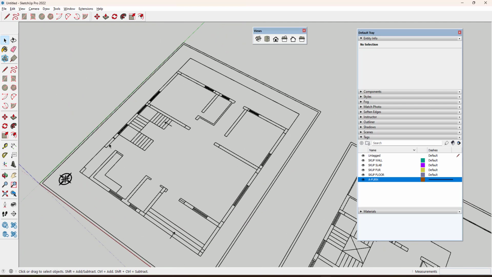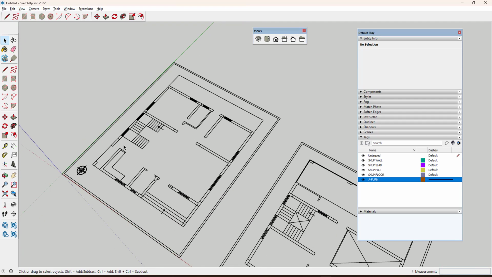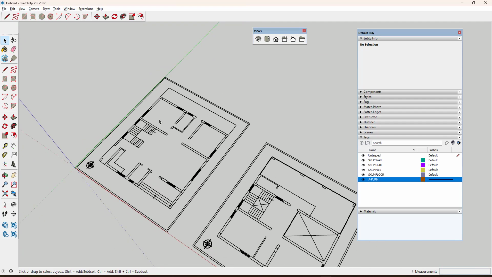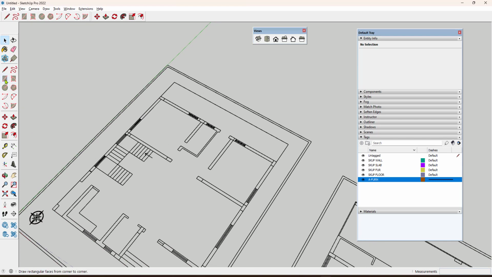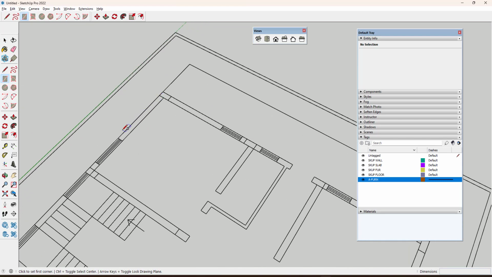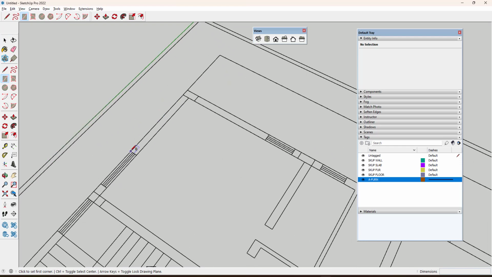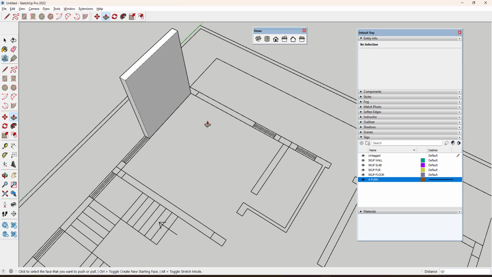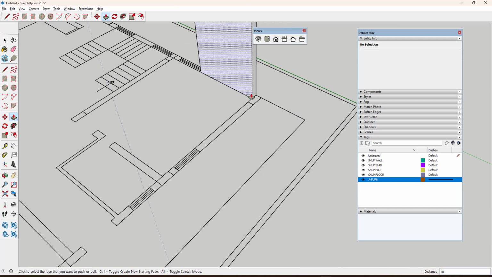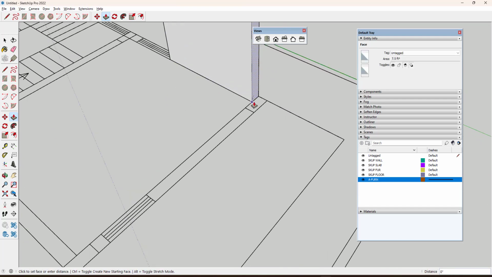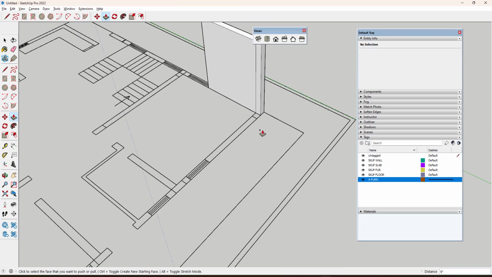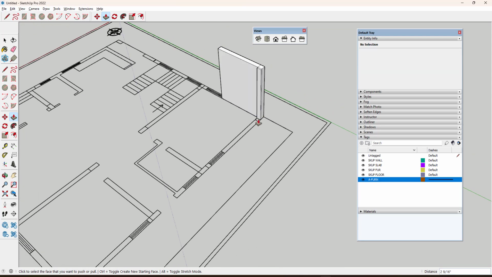For this, you can go with the line command or rectangle command, whichever you feel comfortable. Now I just take the rectangle command and start doing the work. You can start from any one of the corners, that is the first corner and second corner. Once you are done, then you can push it about 10 feet and then orbit it. By using control and then push, you can add the segment and then add it here.